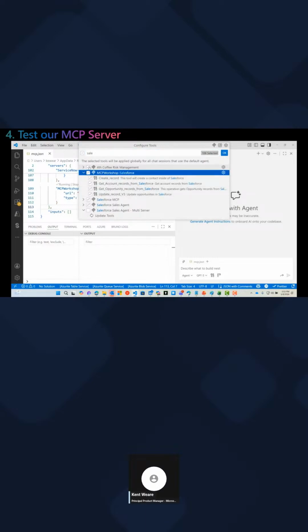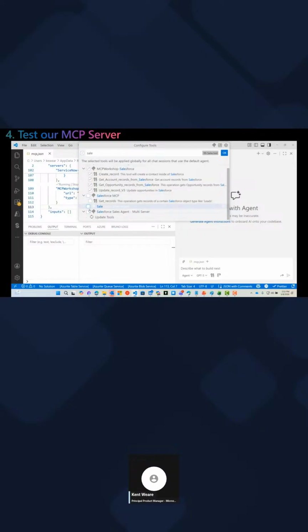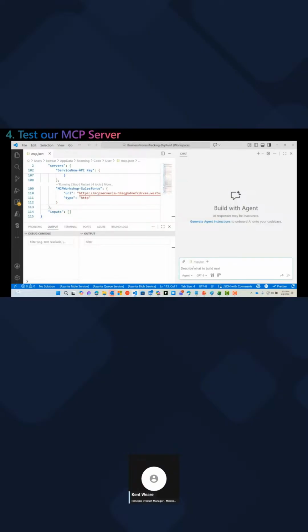Now, I don't want to run into ambiguous calls, so let's deselect these other ones that are enabled because we don't want any sort of interference. What I'll do now is walk up to this agent and just say hi. We won't go through all of the MCP tools because we'll get to that once we connect from Copilot Studio and build out a full agent. But this will at least do an initial smoke test against the MCP server.